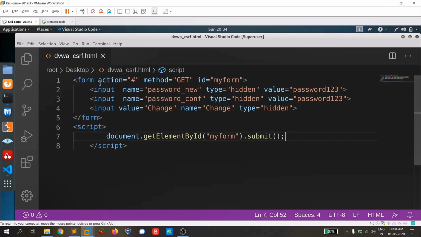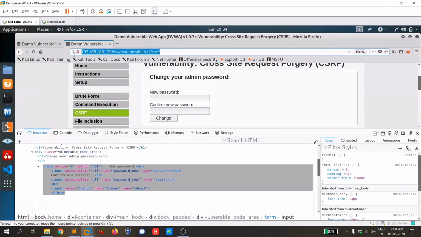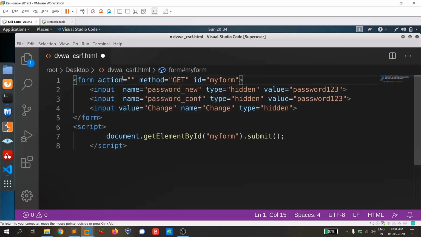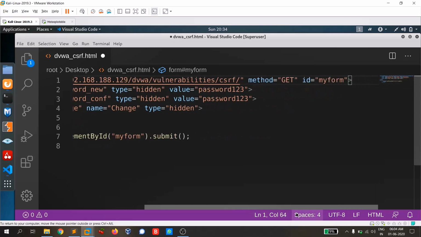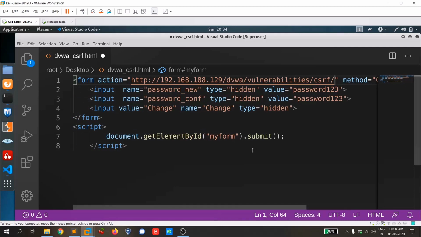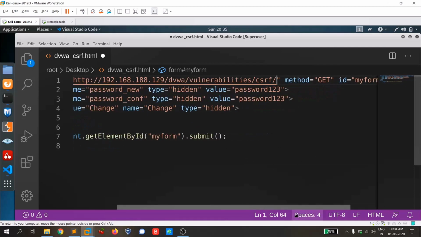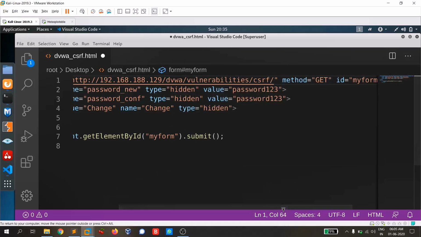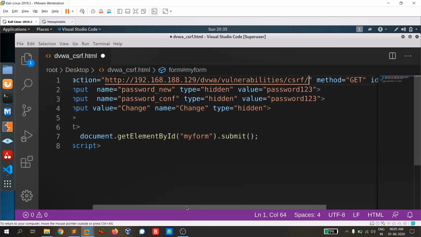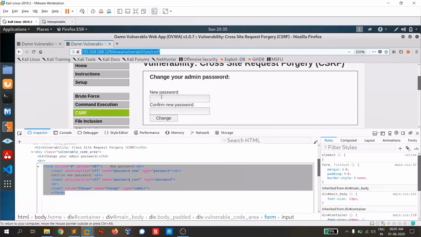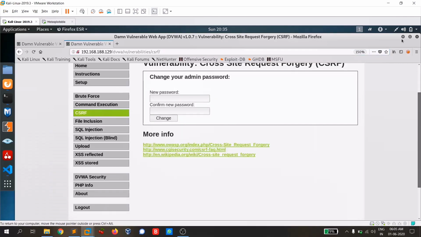There is a problem even with the action also. What we're going to place in the place of hashes is the link where this form exists. I'm going to paste it here. So I think everything is fine right now. We had method get, id form and name. We're going to leave everything default. If the method doesn't work, then let's change from get to post. If it works, it will be fine. And our password will be password123. I'm going to save this file, and let's run this file. I'm going to close this.